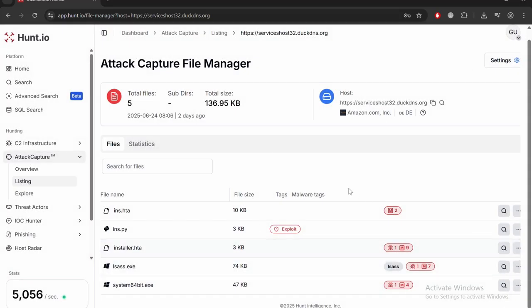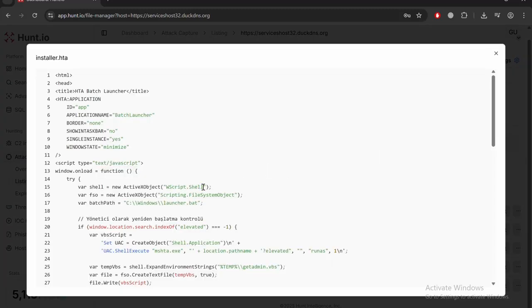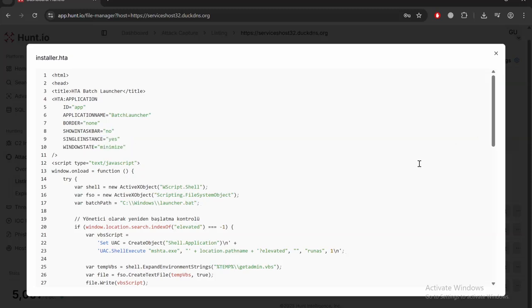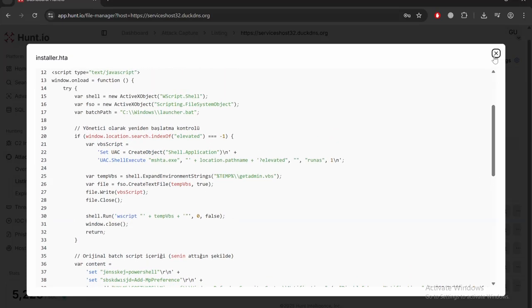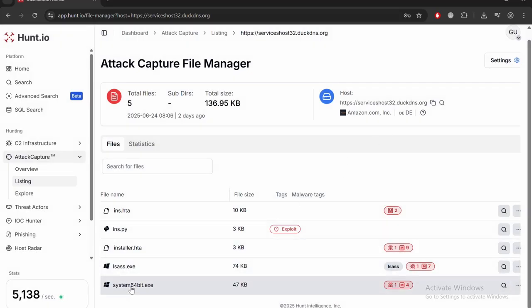In an HTA file, we have the same thing: wscript, bash launcher, Windows state, and so on. It runs C:\Windows\launcher.bat. It could be when installing, it drops launcher.bat, and launcher.bat executes mshta, which is used for executing HTA files, and runs as admin, or could be additional stages to bypass UAC, User Account Control, and that's an LSASS for